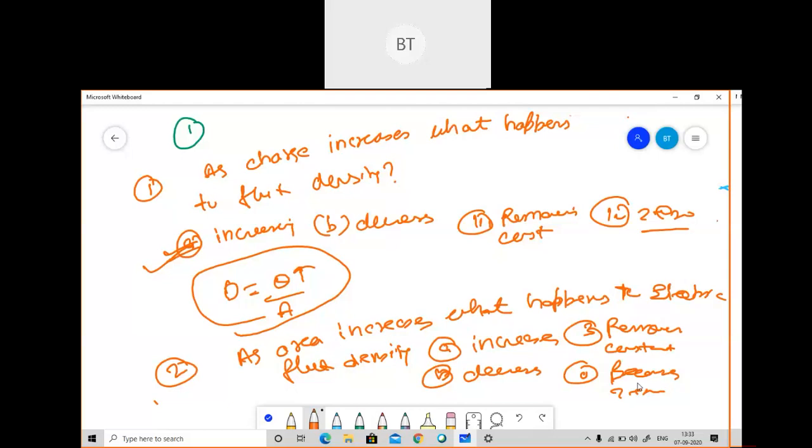Option B, correct. It will be decreasing because electric flux density is the charge per unit area. Same explanation. Yeah, Avantika, it is correct. So D is equal to Q by A. In this case, electric flux density will be inversely proportional to area. Hence, if the area increases, electric flux density will decrease. By this logic only we can tell. So see, D is equal to Q by A. B is the correct answer, decreases. So we'll solve some more problems. I'll give you some more problems.